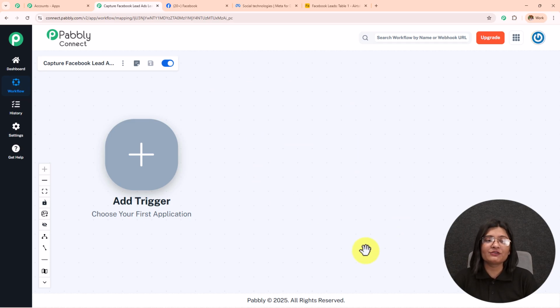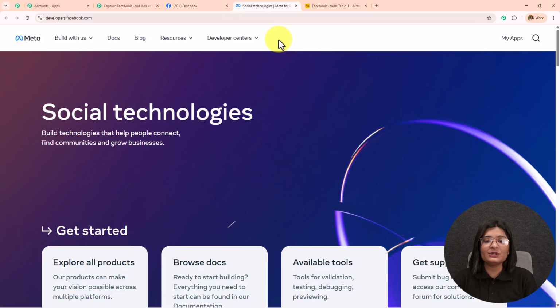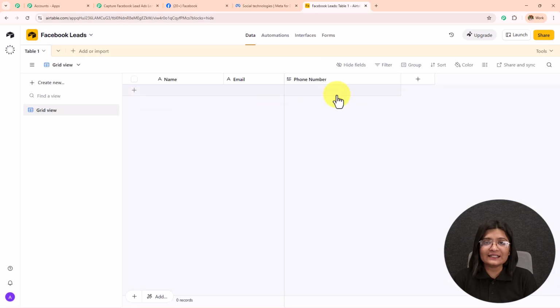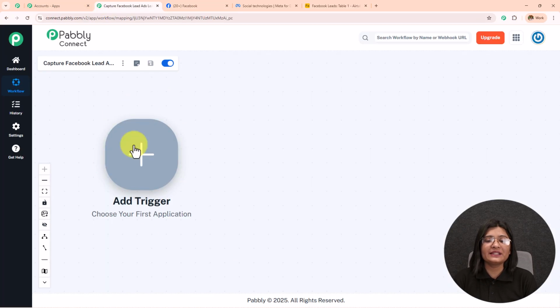Now here in this workflow, I'm going to capture the leads from my Facebook lead, add the lead detail to my Airtable database, and then send these leads a personalized mail, which means whenever I'm going to receive a new lead from my Facebook lead ads, I'm automatically going to add lead detail and send the personalized mail, which means whenever I'm going to receive a new lead, this complete workflow here will get triggered, because trigger basically activates or